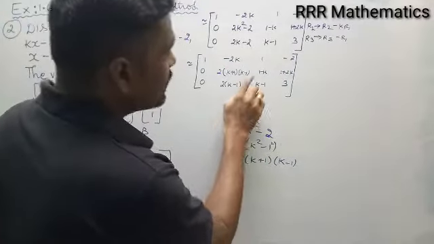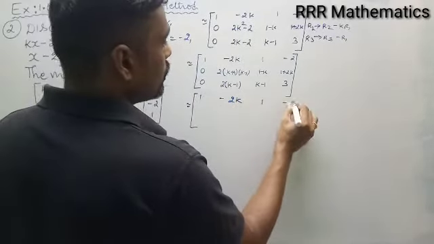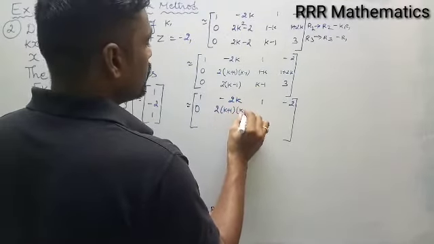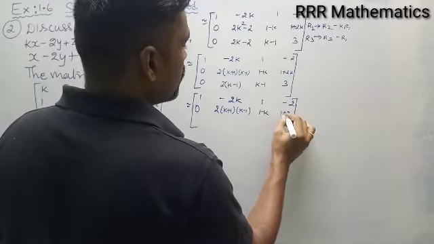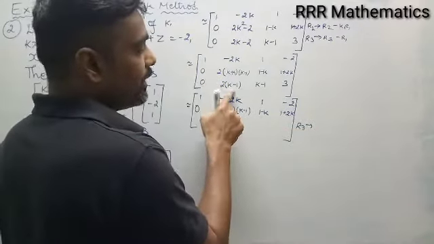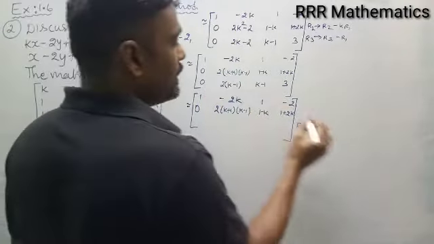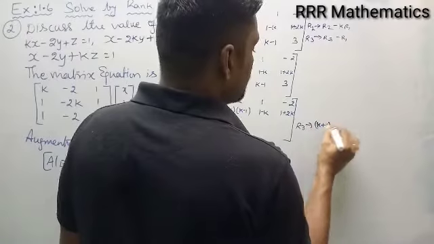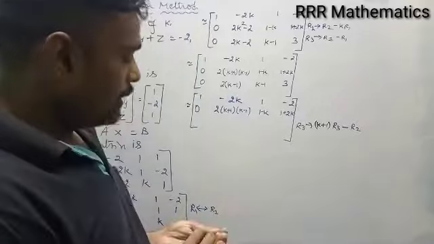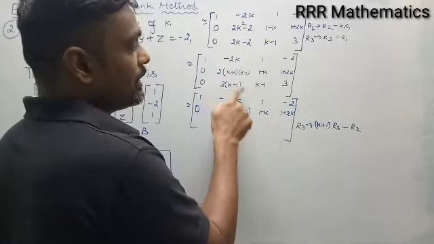Next I want to bring 0 here by using R2. Leave the first row. Leave the second row. R3 implies I have 2 here, here also 2. I have k minus 1, here also k minus 1. I have k plus 1 here, but here no k plus 1. I will multiply k plus 1 in R3 and subtract with R2. Very simple, I need 0 here. By using R2, I want to bring 0 here. So when you see these two, I have k plus 1 additionally here, but no k plus 1 there.